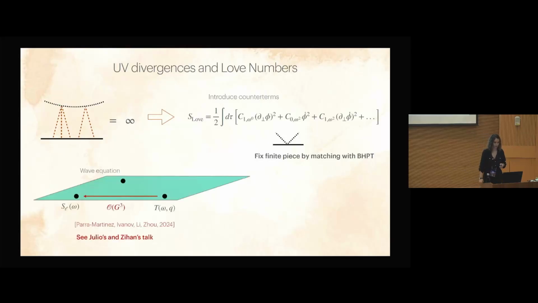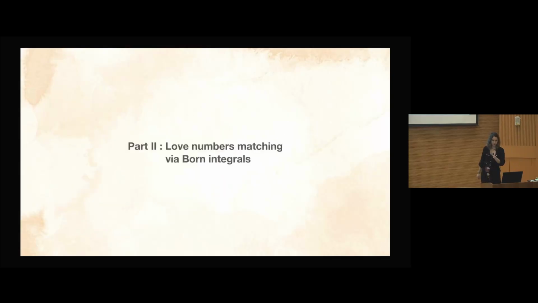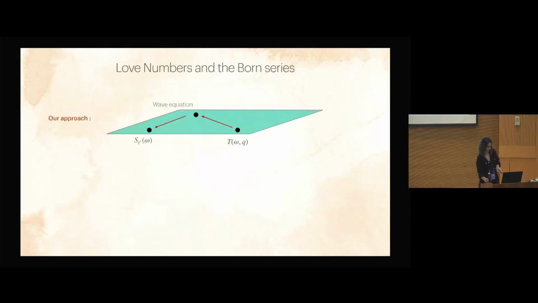And this is precisely what was explained in Giulia's talk, and also Zian mentioned it, and what they did in this very nice paper, where they did the amplitude calculation at two loops, translated it into partial waves, and matched it to black hole perturbation theory, and that fixes your Love numbers on shell. And this brings me to, okay, going fast, the second part of this talk, which is basically how we approach this problem of fixing the Love numbers. Okay, so the approach we took is that instead of going from the amplitude straight to partial waves, we took the other way around and went through the wave equation.